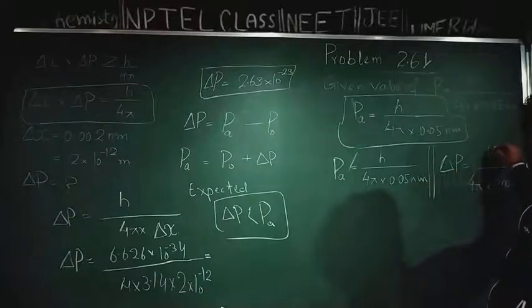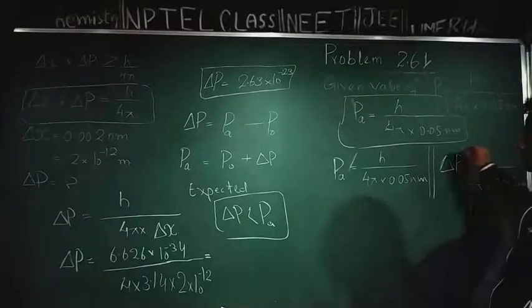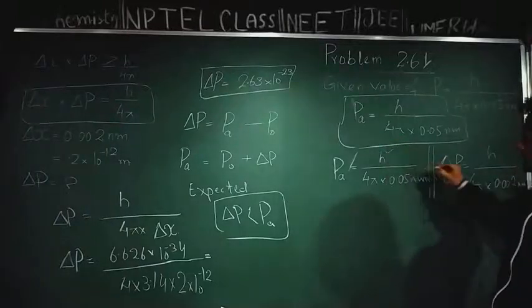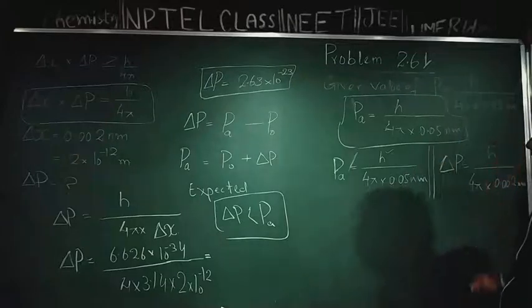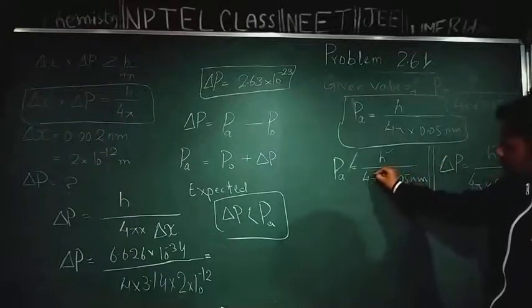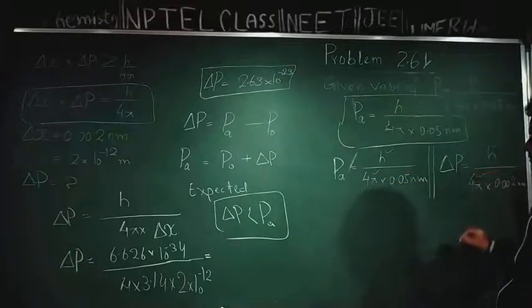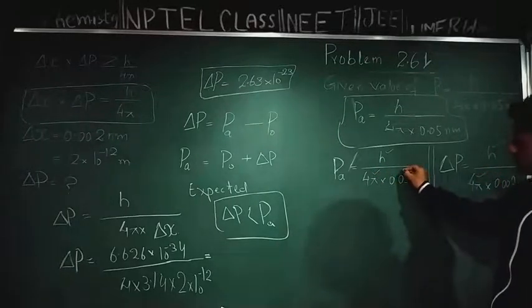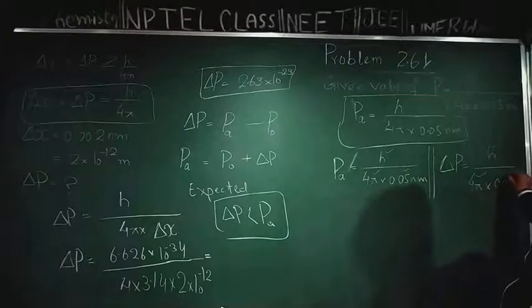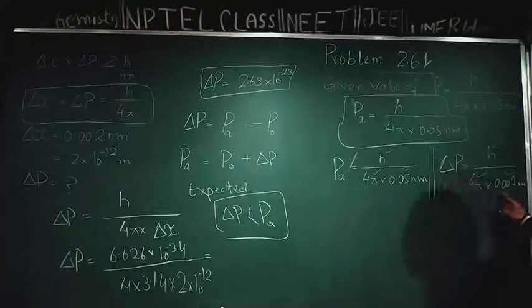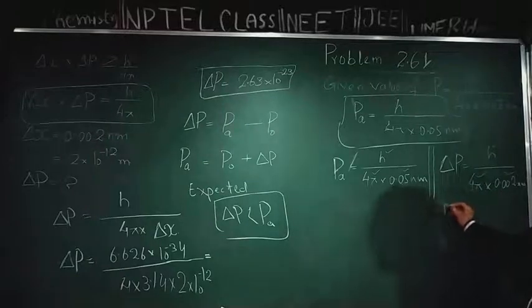Comparing, first I will compare the numerator of both the sides. Numerator is h here, numerator is h here. Now coming to denominator, in the denominator both have one thing common, that is 4 pi. But this value, uncertainty in position, is different. Here it is 0.05, here it is 0.002. And wherein the denominator